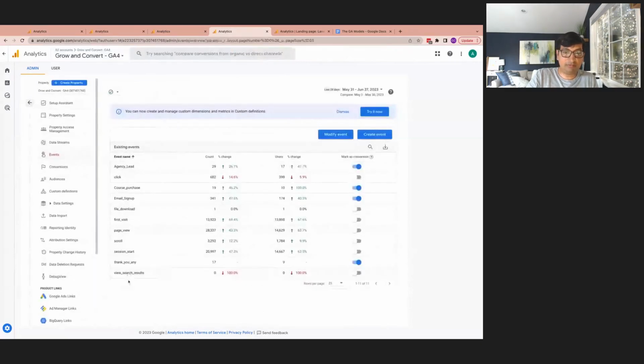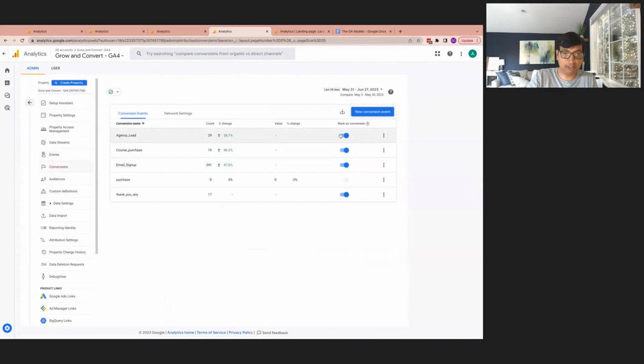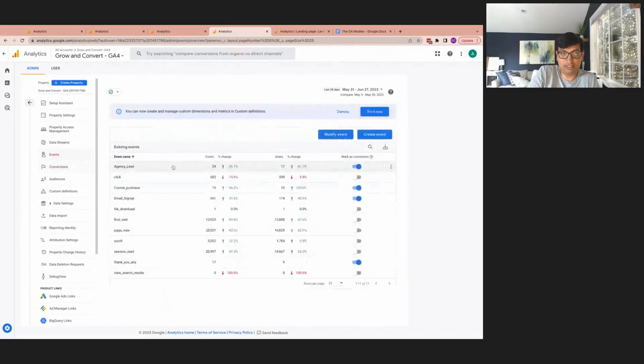Here are all events we've created in GA for our account, and anything that you've toggled on here under the column mark as conversion counts as a conversion. The reason, by the way, to not do it here is if you untoggle this, it'll just disappear from the screen, but all the screen really is zeroing in on the events that you happen to have marked. So just do it in events, and then if you untoggle this, you still see it. You can like, okay, never mind, I want to toggle it back in. Just a little bit easier. So if we go back